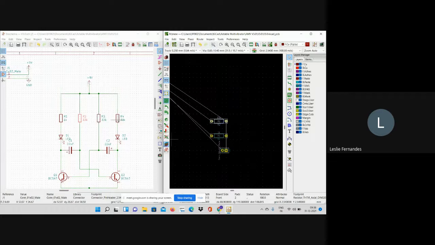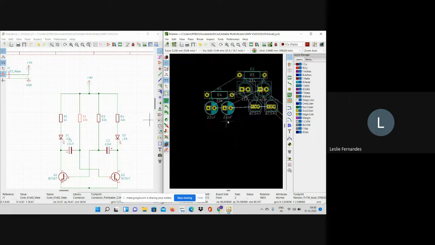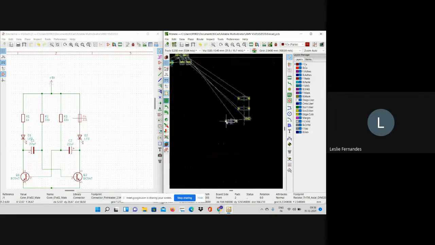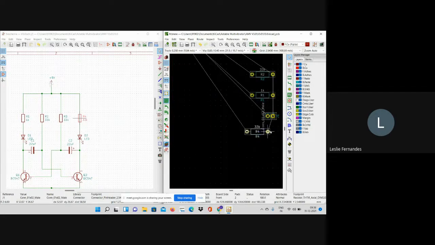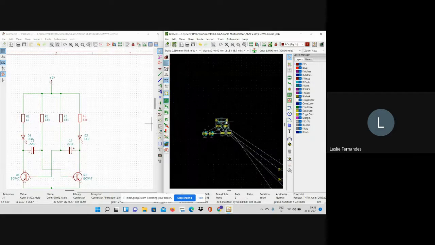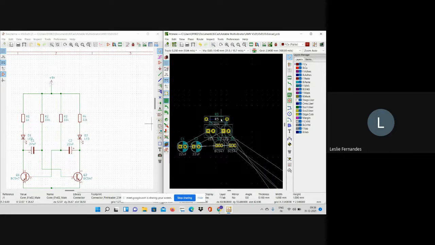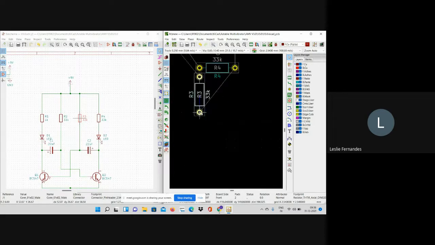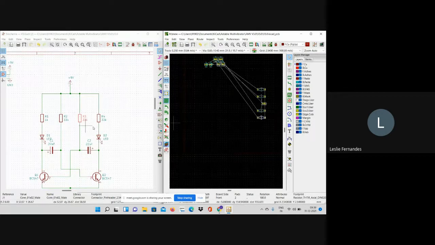Now I'll search for R4. I want to place R4. I will go over here and search for R4. There's no specific way in which you have to do it. I've done it already 2-3 times, and whatever is easy for me, I'm doing that. So I'm pressing R4 now. Now I'll search for R3 and place R3. Let's click on R3, press M to move it, then press R and rotate it. Very simple. So all these 4 resistors are now connected.